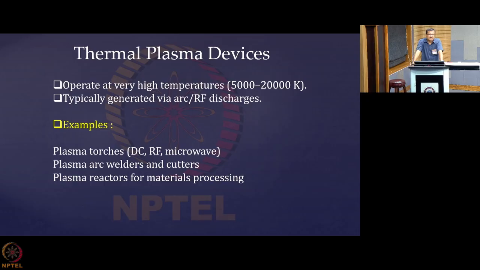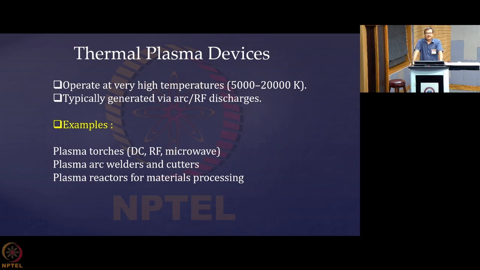So these thermal plasma devices are operating in this range, 5000 to 20,000 degree Kelvin, and there we will try to understand the kind of ionization that is happening, and this collision is significant, so that the electron temperature and heavy species temperature mostly equilibrate and you get a plasma where all the particles are thermalized, that is they are all having the same temperature, but this temperature is different from the radiation temperature. So radiation equilibrium is not there.